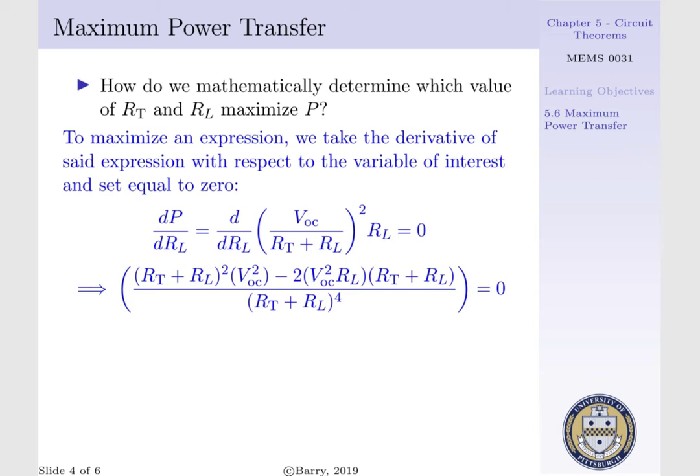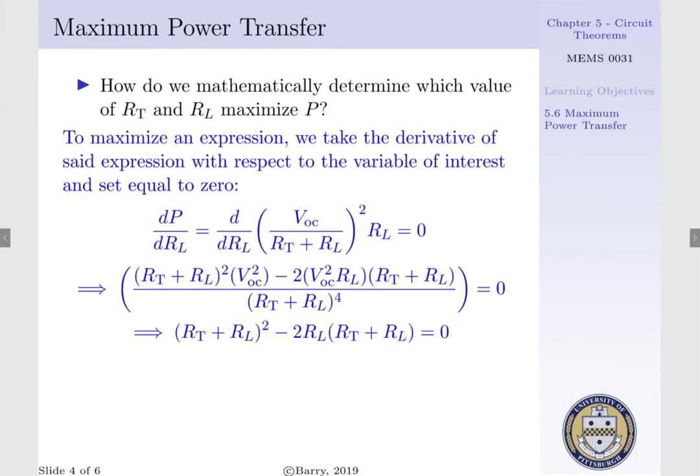We'd have our Thevenin plus load resistance quantity squared times our open circuit voltage squared minus 2 times our open circuit voltage squared times our load resistance times the quantity our Thevenin plus load resistance per the quantity of our Thevenin plus our load resistance to the fourth. And we set this equal to 0. If we multiply by our Thevenin and load resistance to the fourth and divide out by our open circuit voltage squared,